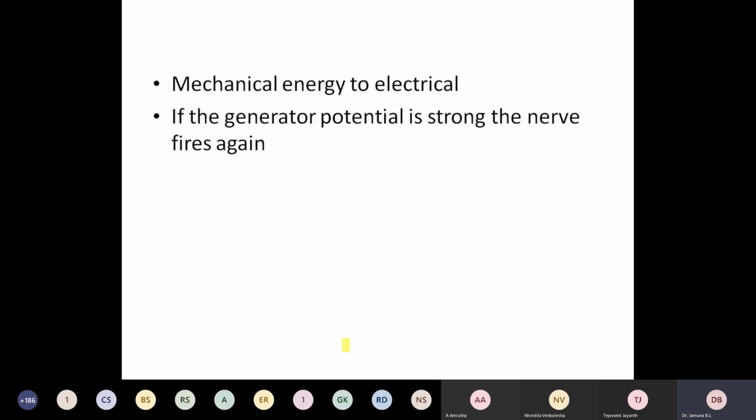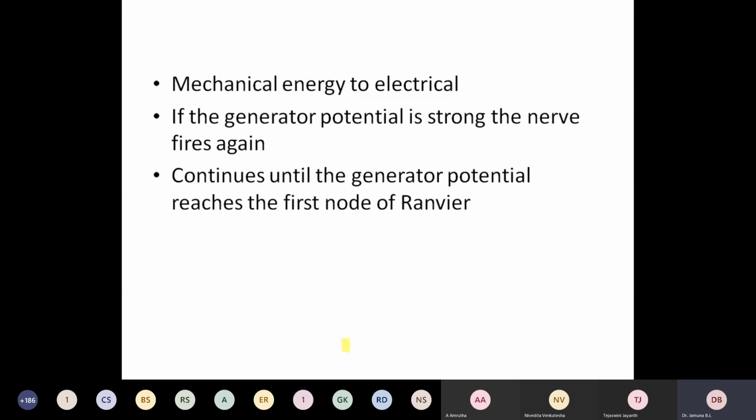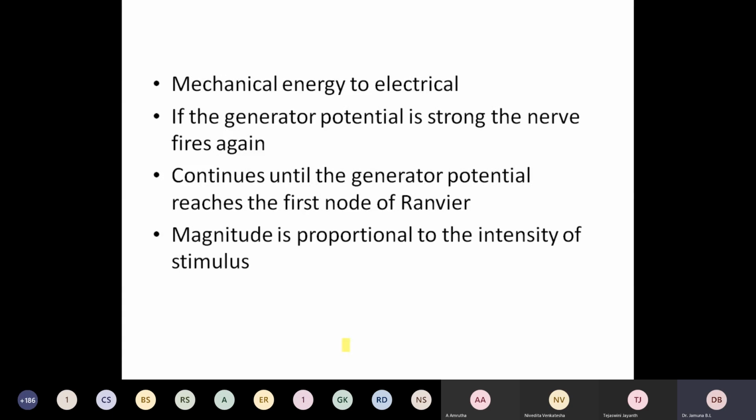Here with the Pacinian corpuscles, what is happening? The mechanical energy is getting converted to electrical energy. If the generator potential is strong, only then does the nerve fire. That means the action potential is generated and continues until the generator potential reaches the first node of Ranvier, and its magnitude is mainly proportional to the intensity of the stimulus. If you give a subminimal or subthreshold stimulus, there is only a generator potential. If you give a supramaximal or threshold stimulus, then an action potential is